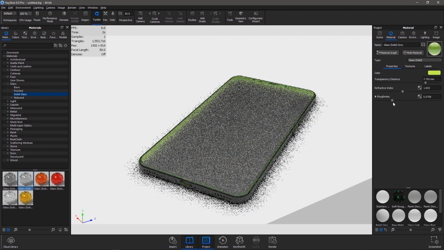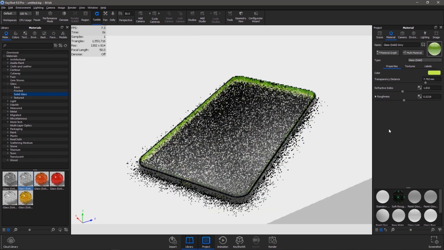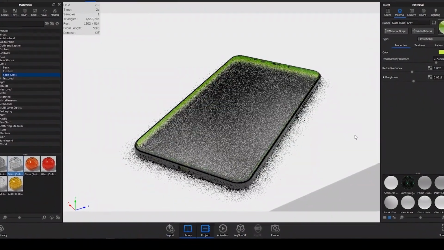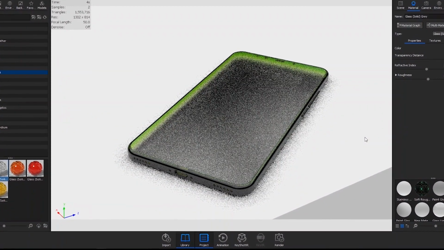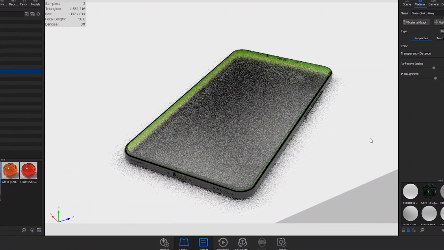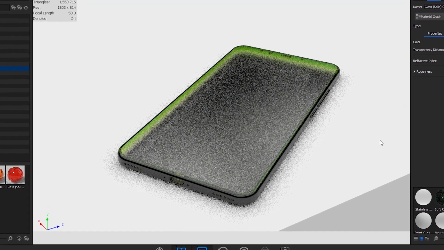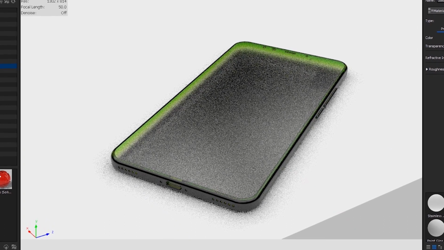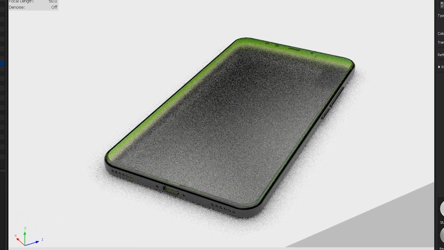Next parameter is roughness. Roughness on this type of material will spread out the highlights on the surface, similar to what you see on other non-transparent materials. However, it also spreads out the light that is transmitted through the material. This can be set to a low value to produce a more imperfect result, or to a higher value to smooth out the noise for a smoother frosted look. You can see what happens when I change the parameters.